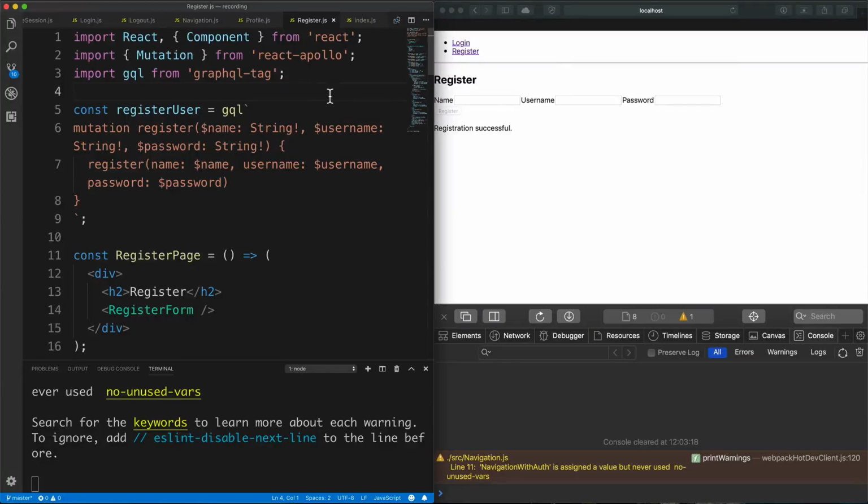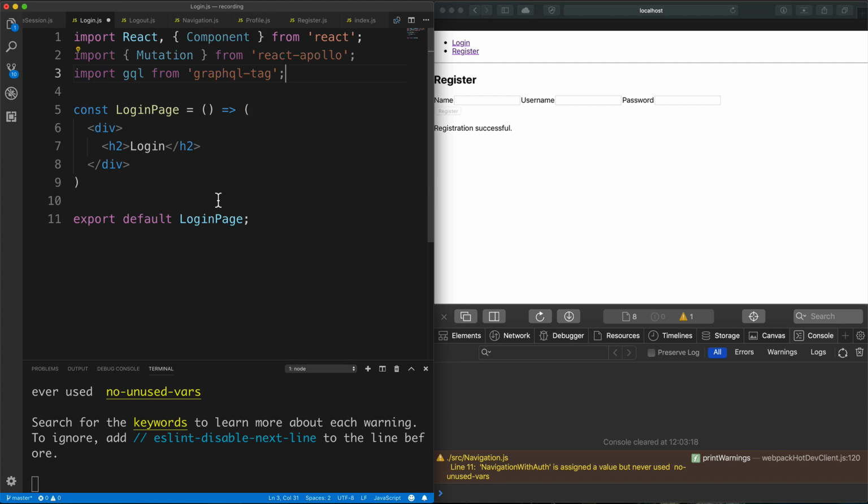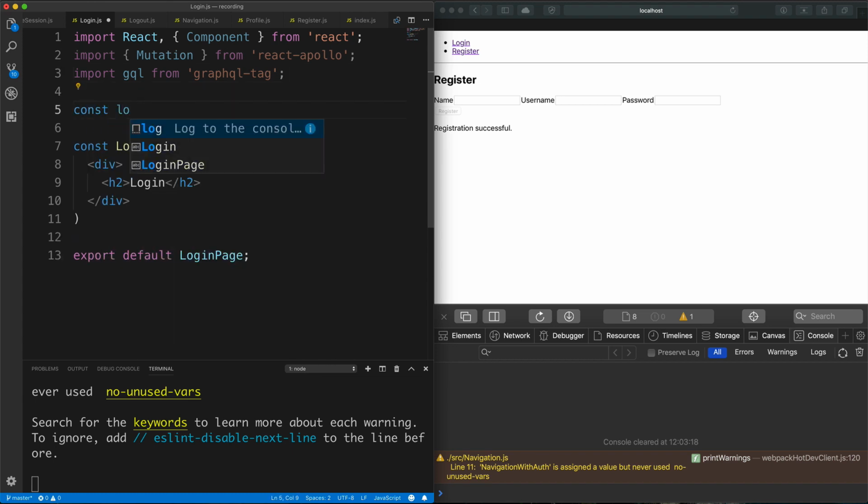In this video, we're going to implement the login form. So I'm going to open login.js and I'm going to bring in the same dependencies that we used for the registration. So it's React and component from React, mutation and GQL as well. Okay, so we can now create a mutation for logging in the user